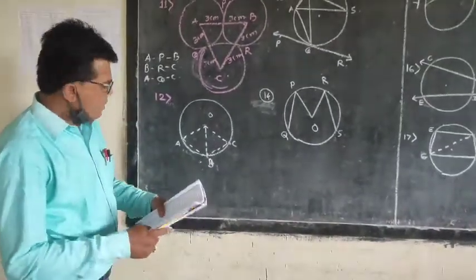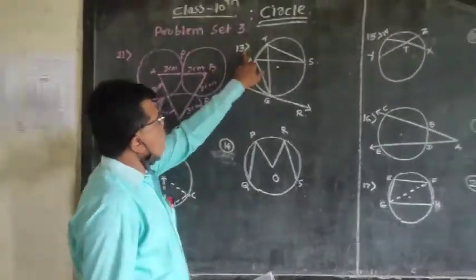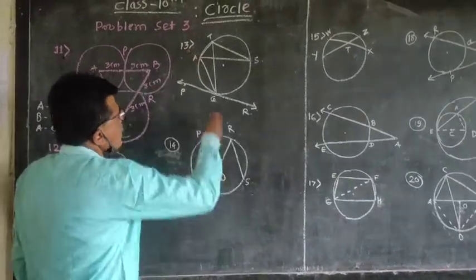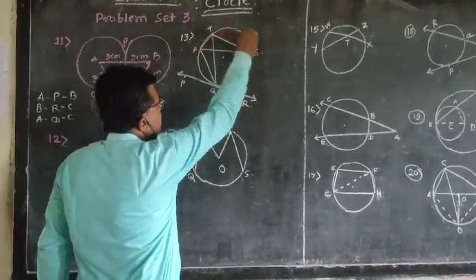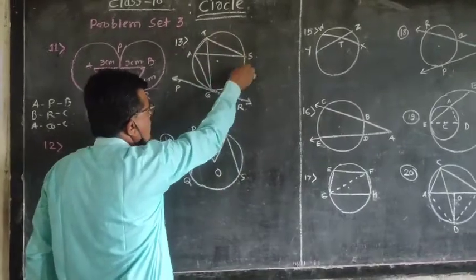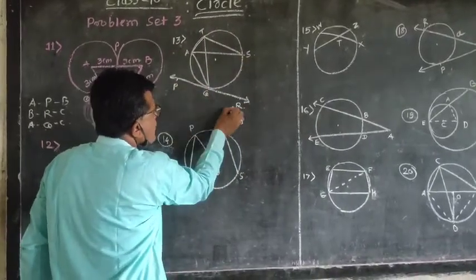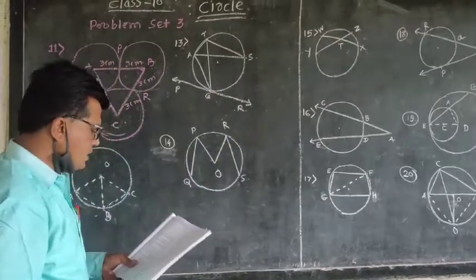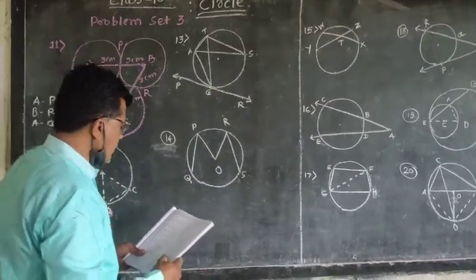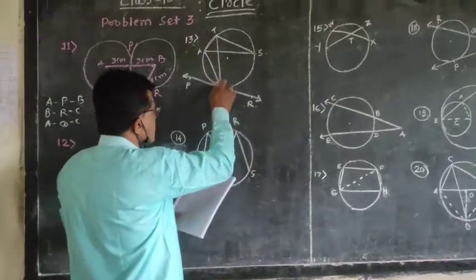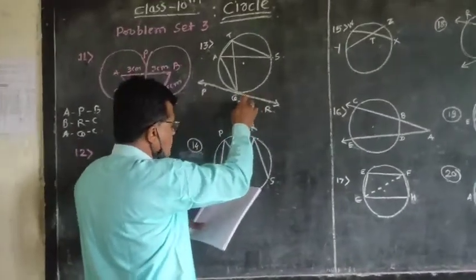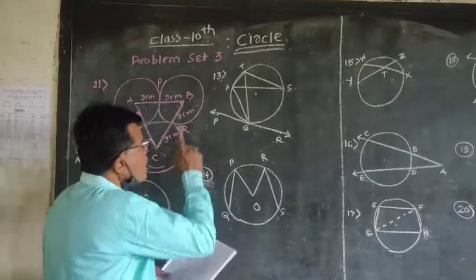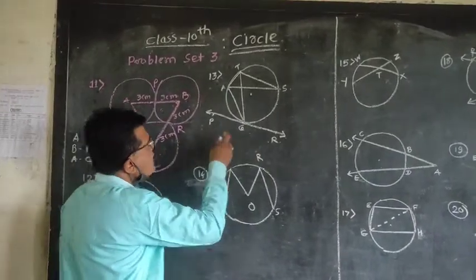In this circle, points A, T, S and Q are on the circle. Here line PR is the tangent and touches the circle at point Q. In this figure, line PR touches the circle at Q. Answer the following questions with the help of the figure. The first question is, what is the sum of angle TAQ